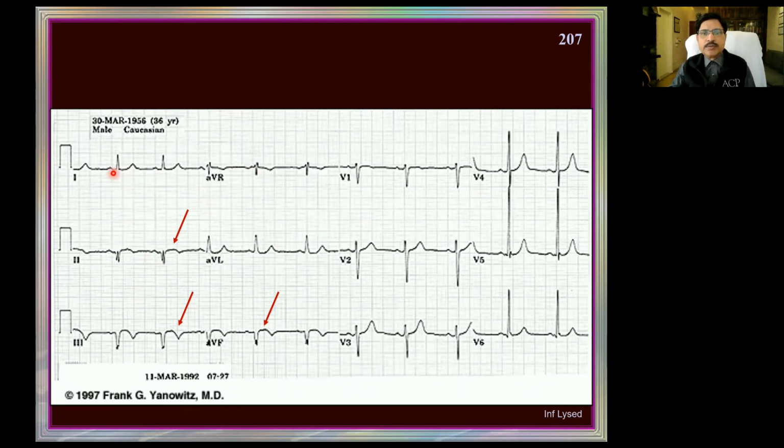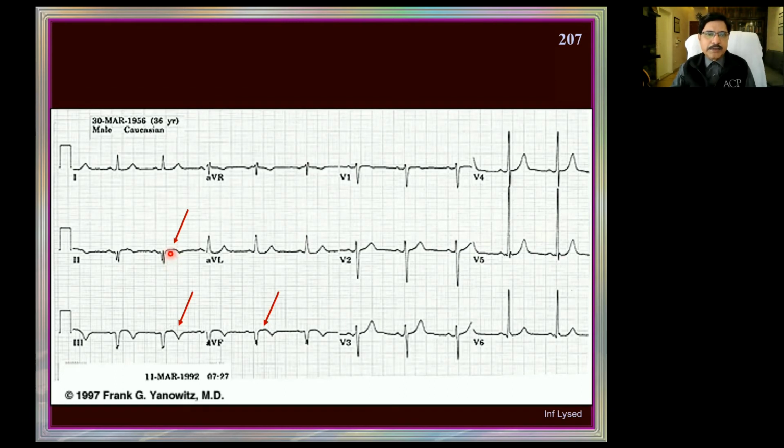I don't see Q waves here. I don't see any Qs. STTs are normal. Here, very good, the voltages of the QRS complex in V5, V6, and there is no anterior infarct, there is no lateral infarct. Anterior lateral walls are very good, and the lateral wall also is very good. Inferior wall, there is no acute infarct here, but there is a suggestion of either old or treated or lysed.